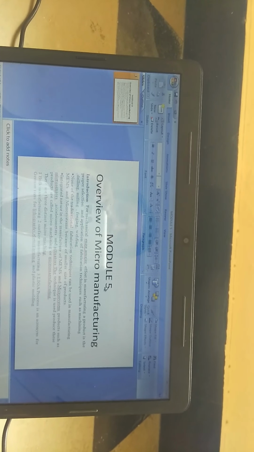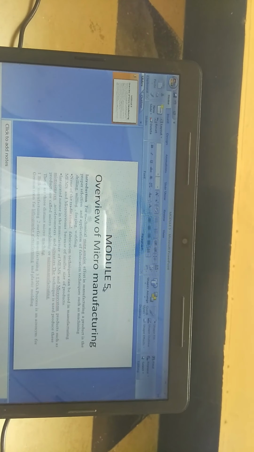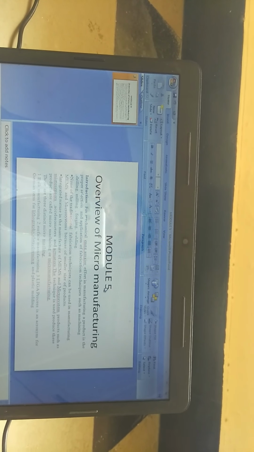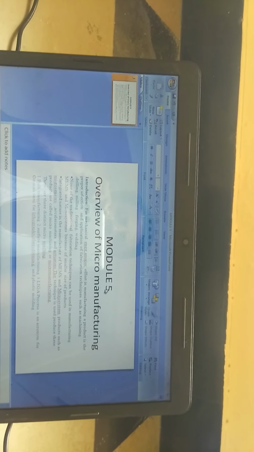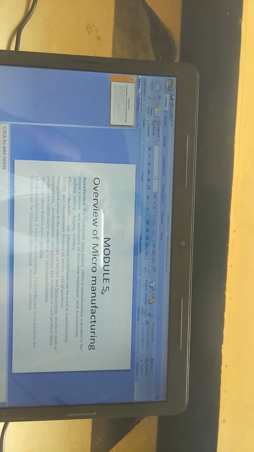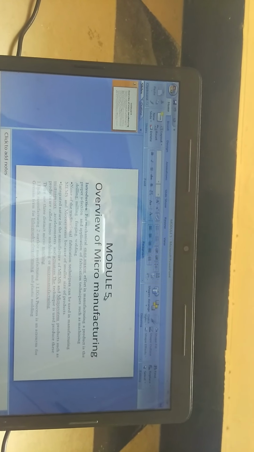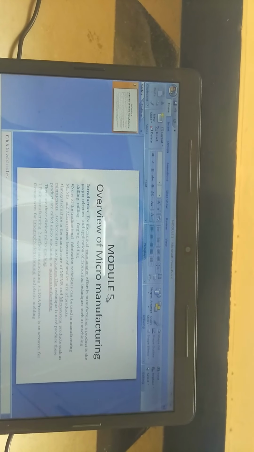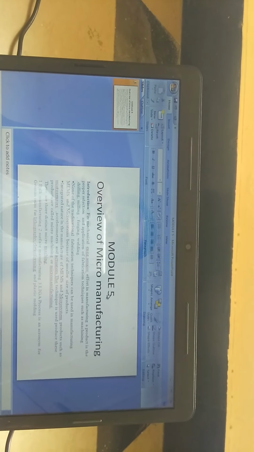None of the traditional fabrication techniques can be used in manufacturing MEMS and microsystems because of their smaller product size and the integrated nature of the manufacture of MEMS microsystem products such as microsensors, accelerometers, and actuators. The techniques used to produce these products are called micro machining and micro manufacturing. None of the traditional techniques can be used, and precise speed has to be maintained.